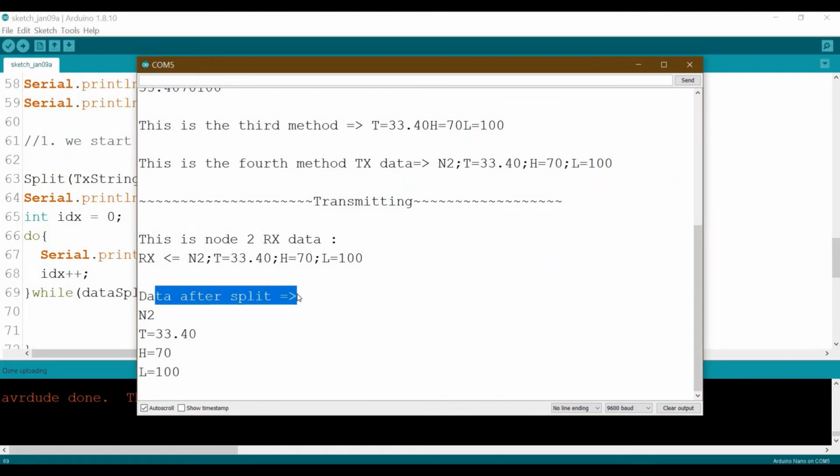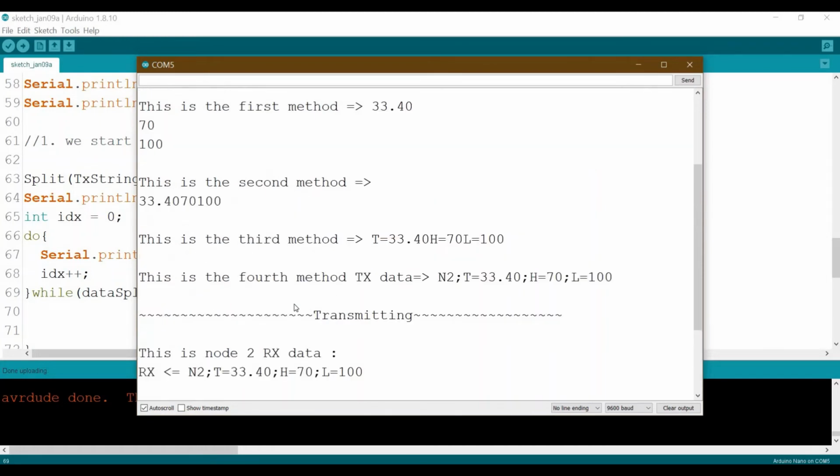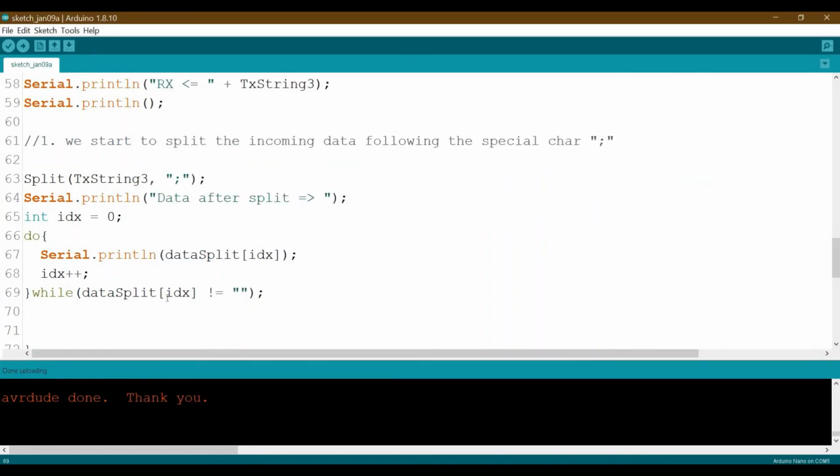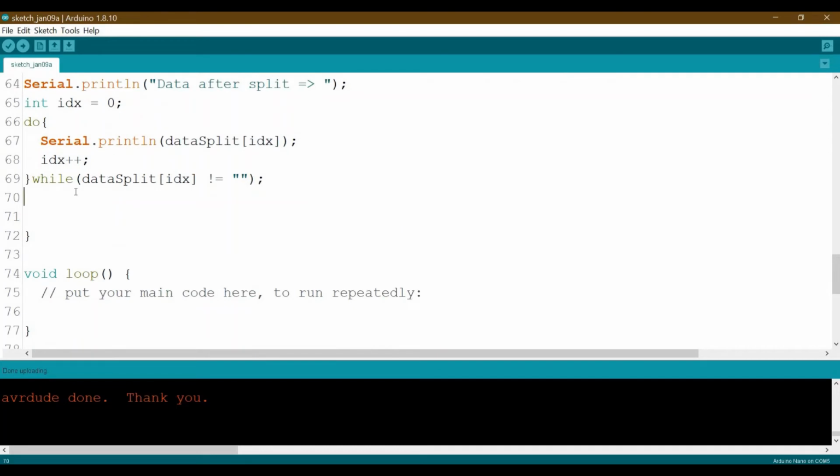So after we split, we see now we have 1, 2, 3, 4, 4 locations inside the array that have been populated with our data that we constructed here. So now the first thing, we already split based on this special character. Now what we're going to do, okay, we need to check if the address is matched with the local one. Okay, so after this, say here,